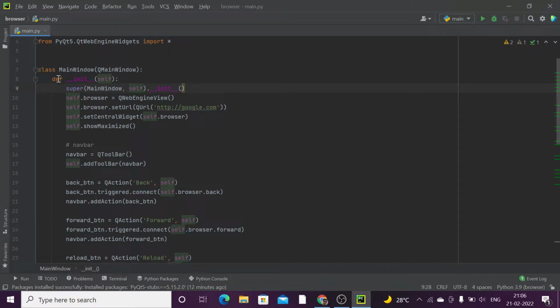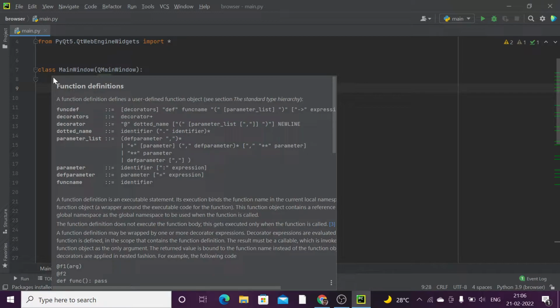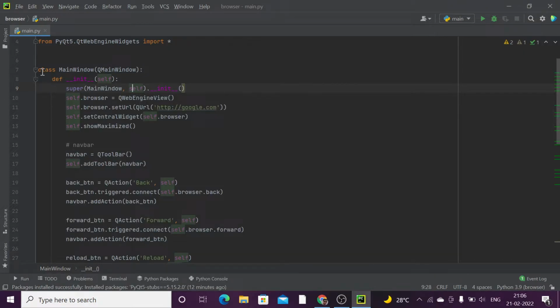Then you have to put class. A class helps you to make windows. It's a part of PyQt5. So class MainWindow. MainWindow means the screen which is going to come at the end. In brackets QMainWindow, colon, and in the next line, after some space, def __init__(self):